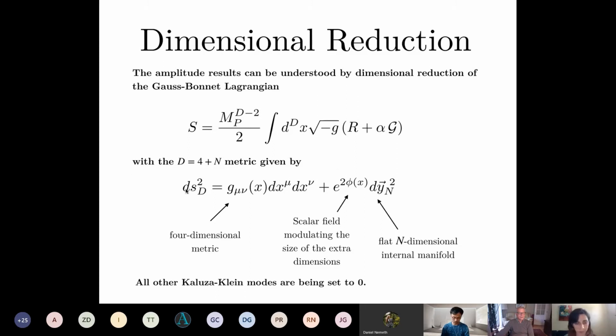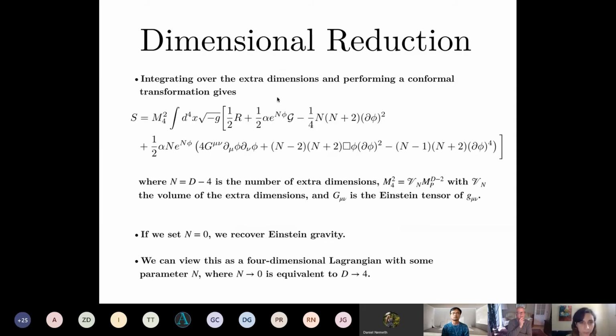We can write an ansatz metric like this, where we have a 4-dimensional metric. We have a scalar field which modulates the size of the extra dimensions. And then this dy is a flat n-dimensional manifold describing the extra dimensions. And then we set all the other Kaluza-Klein modes to 0. If you use this and then integrate over the extra dimensions, and then if you perform a conformal transformation, you'll